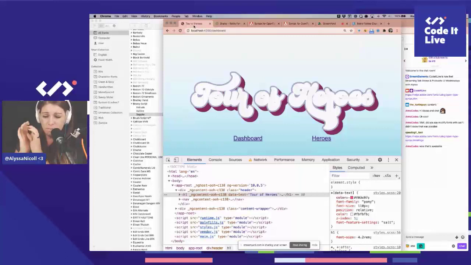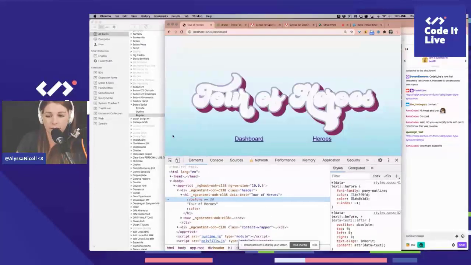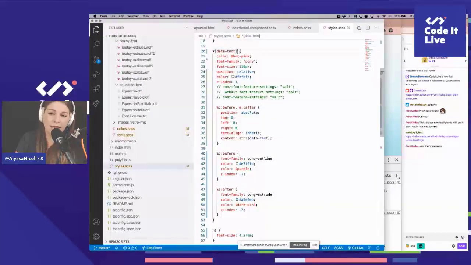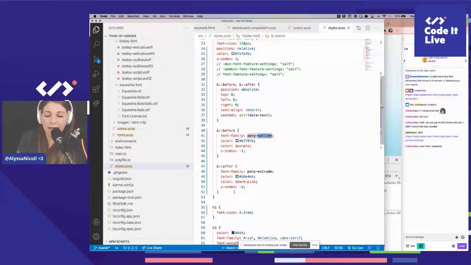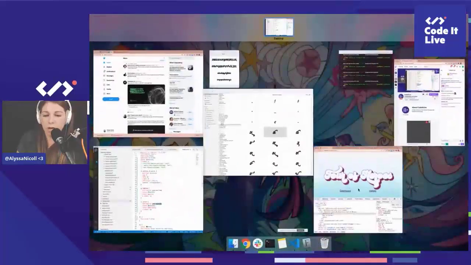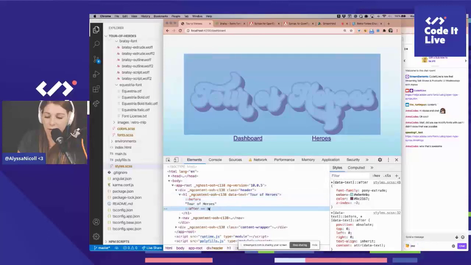So my big thing right now is I am creating these headers that have before and after pseudo elements. And if I go back to my code, I'm saying anything with data-text, which I gave my headers, go ahead and style that with the font family of Pony, which is what I named this Bratzi font. And then give the befores Pony Outline and give the afters Pony Extrude. And if we go back to our website, I can show you that I'm giving the before and the after element here